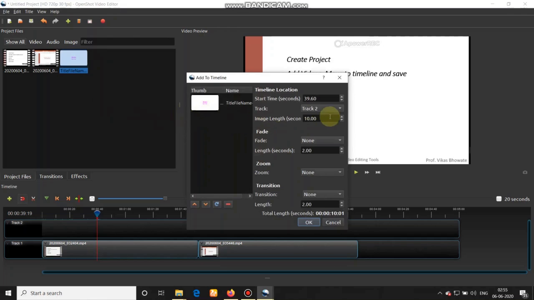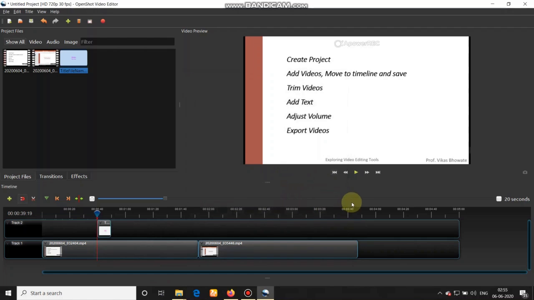I will select track 2 as I want to show this text on top of the video 1, which is there in track 1. And start time is 40 seconds that we have selected. Go for clicking on OK. What you find is the .svg file appears in track 2 starting from 40 seconds.